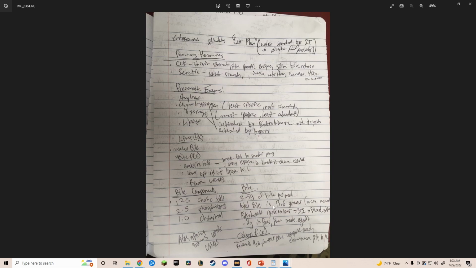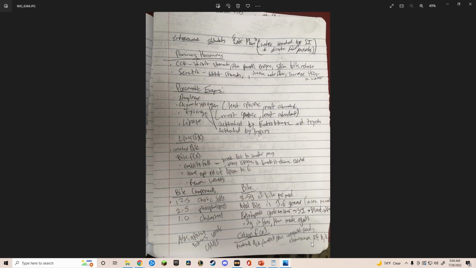And we eliminate about 0.8 grams in our feces, and we make 0.8 grams in our body, so it equals out. The enterohepatic cycle is when it goes from the liver, small intestine, blood, back to the liver, and so on. Now, after all that, we have